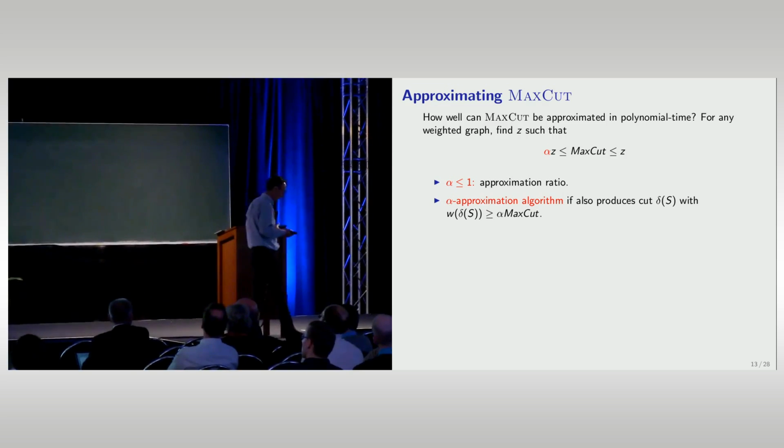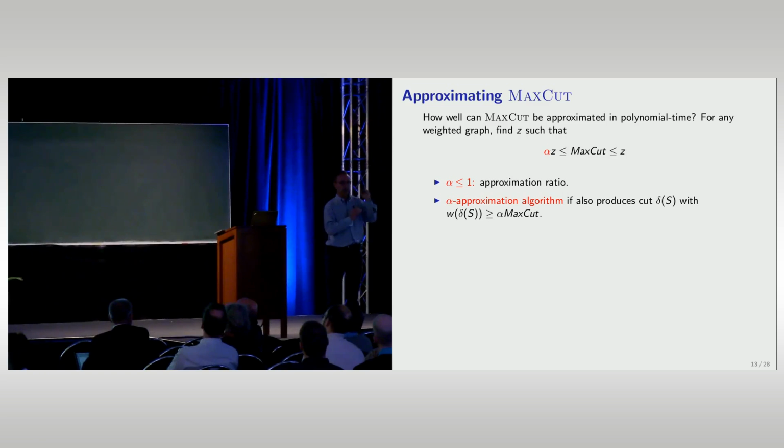So what we'll try to do is sandwich the optimum value for a given instance between 2 bounds that are not far apart. We'd like to have a bound z and alpha z such that alpha is as large as possible, and we have a guarantee that the maximum cut value is in that